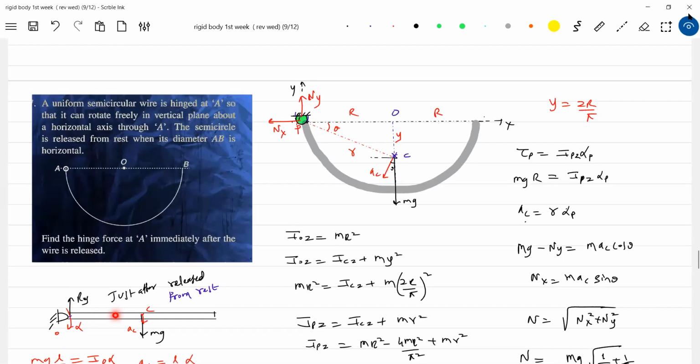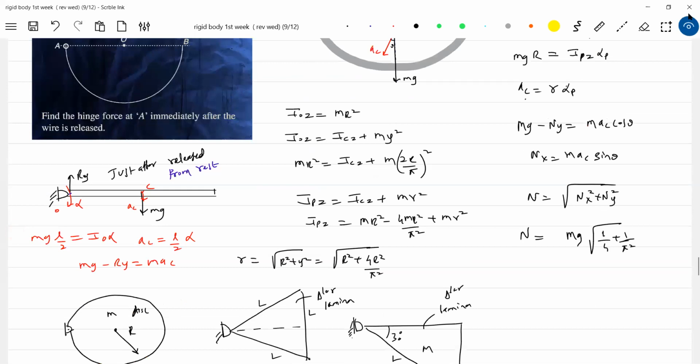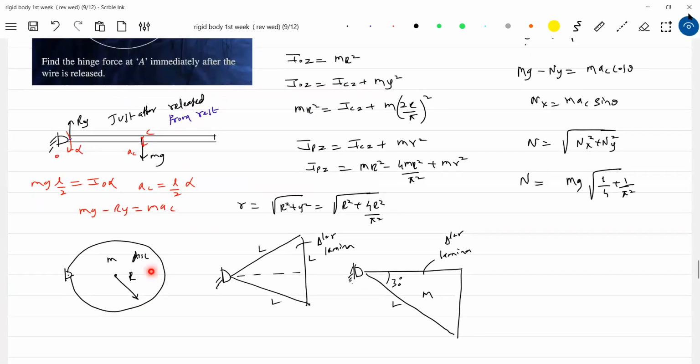We have books with more discussion on the rod. Total 90% of questions in the textbooks are based on the rod. In every problem in the case of a rod, if it is any other rigid body there, what will happen? Think once, and definitely you'll be in a better position. So try to work it out. If it is a disc, ring, or semicircular plate, both are the same idea. A triangular plate will come, or any other cone also I can release. What will be the reaction at the hinge?